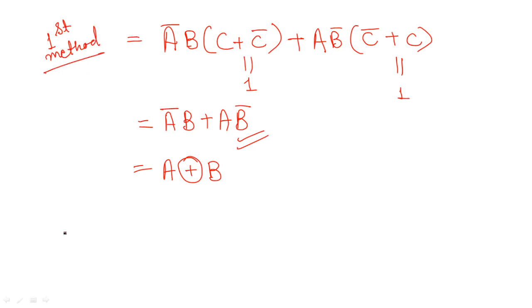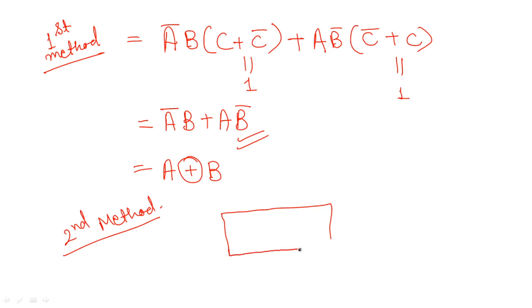That will be by using the K-map. So the second method now I will show you here. If I am going to make the three variable K-map, I will just make it in this manner. Even vertically you can draw it, but it's alright, in any way you can consider.